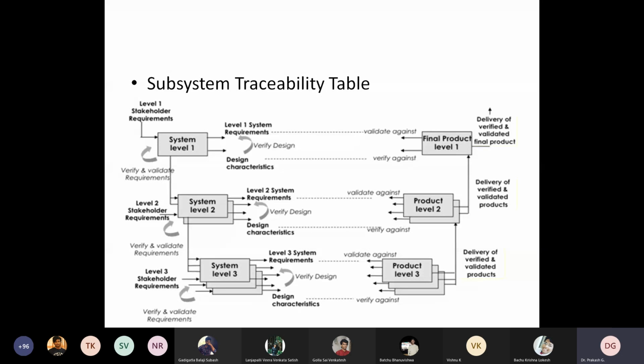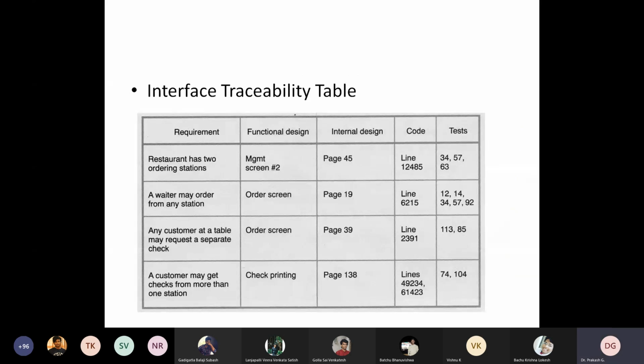This is the subsystem traceability table. Then comes the interface traceability table. The case is what I already mentioned. If you are developing an application, it is not a standalone application developed with some programming language or database.